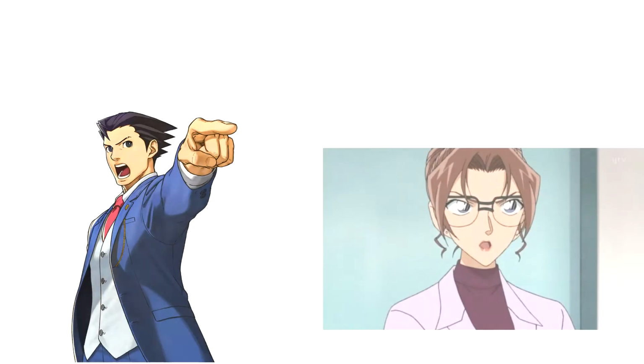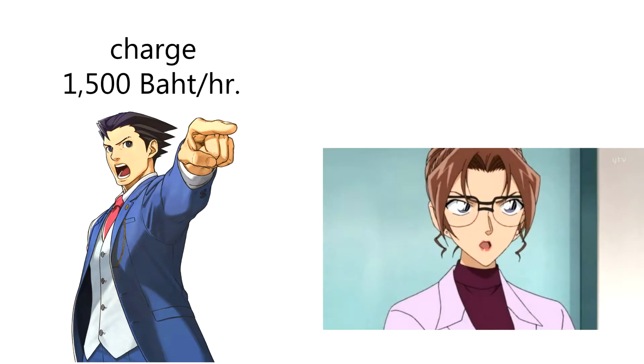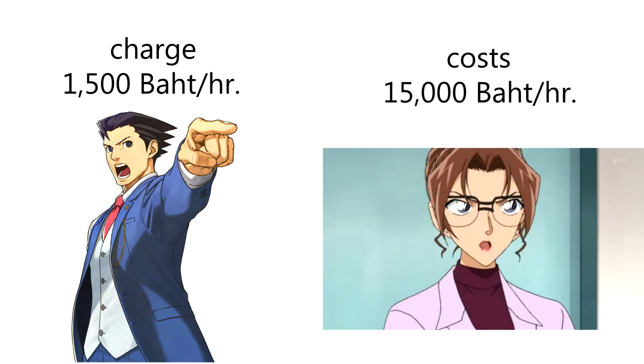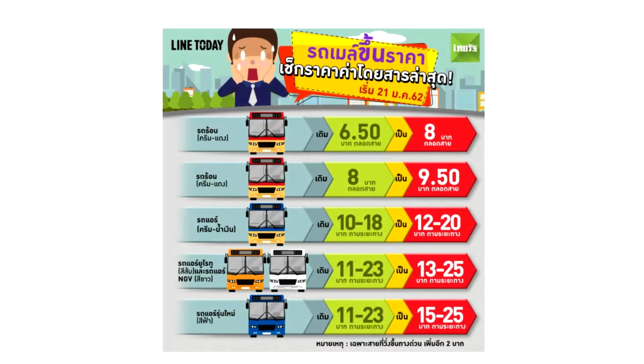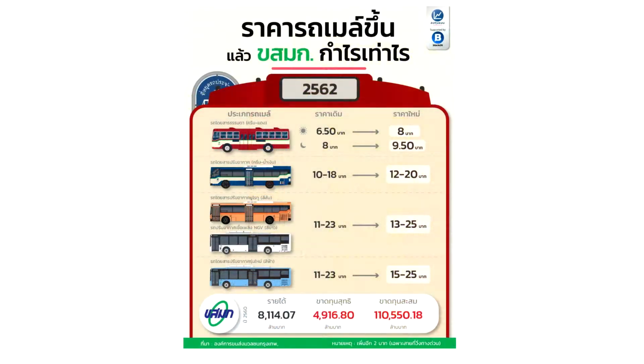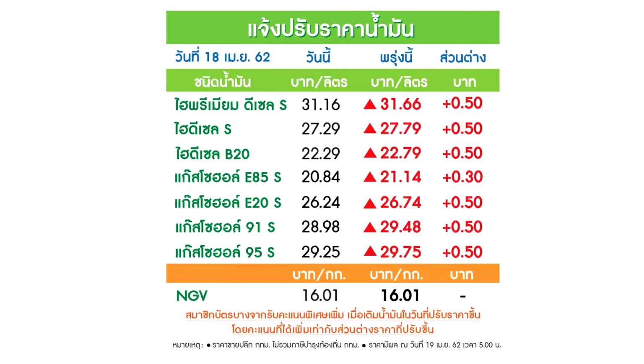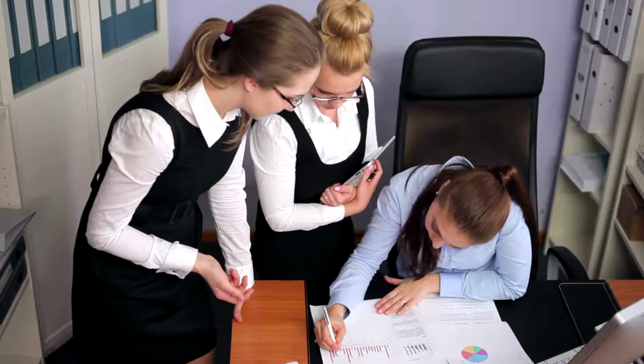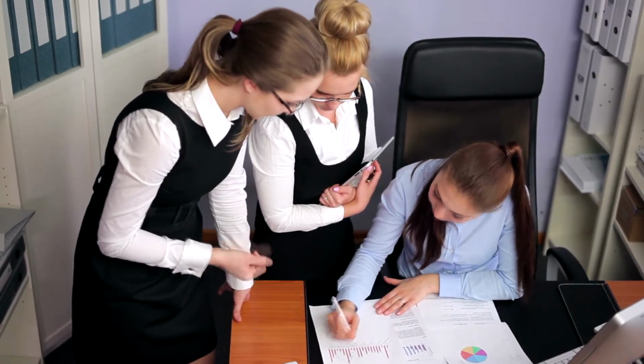With psychological pricing, consumers usually perceive higher priced products as having higher quality. Who is the better lawyer? One who charges 1,500 baht per hour or one who costs 15,000 baht per hour? Another aspect of psychological pricing is reference prices, which might be formed by noting current prices, remembering past prices, or assessing the buying situation. Sellers can influence or use these consumers' reference prices when setting the price.